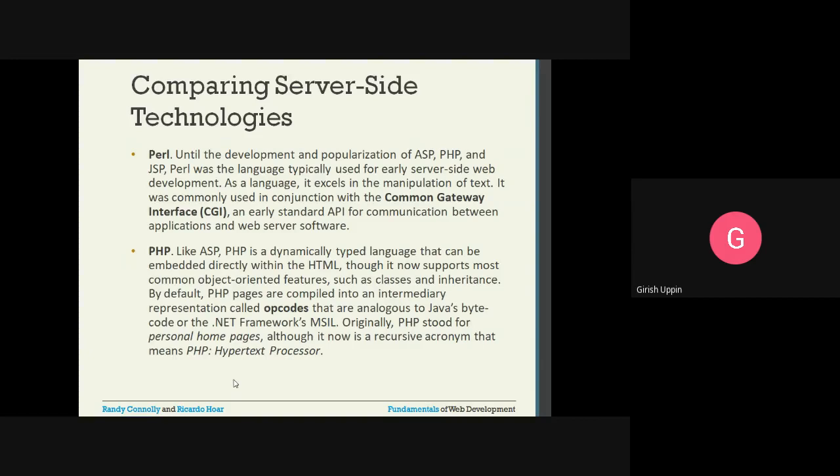The PHP code is converted into an intermediary code called opcode, which is analogous to MSIL and Java bytecode. Originally, PHP stood for Personal Home Pages, although it is now a recursive acronym that means PHP Hypertext Processor.